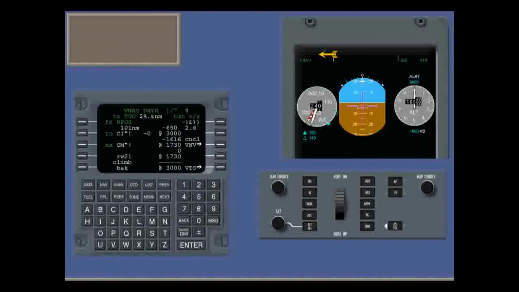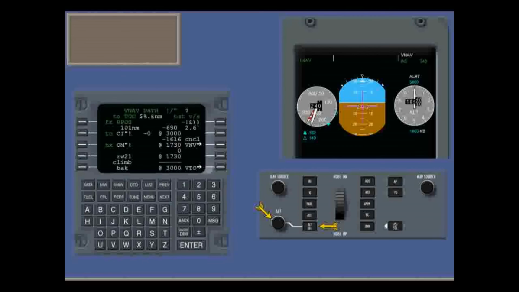With LNAV active as the lateral mode, you can now arm the vertical path by pressing the VNAV button on the Flight Guidance control panel. Touch the VNAV button. VNAV is armed.